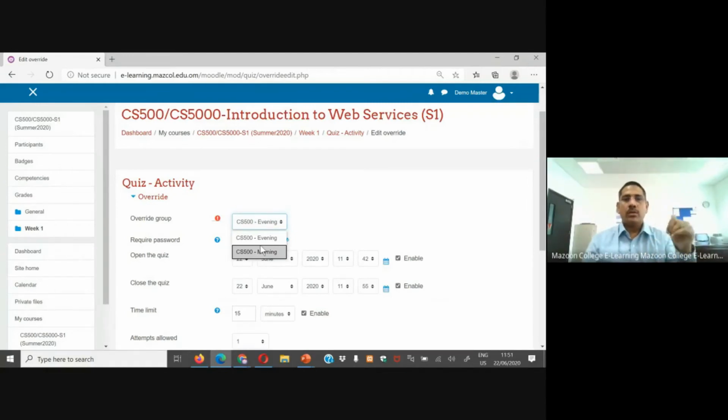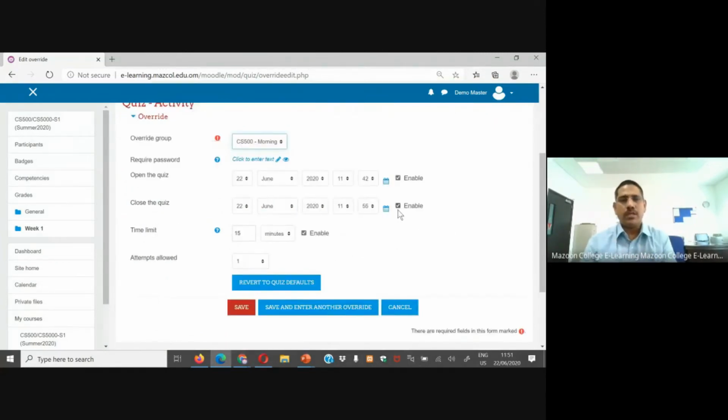Okay, for group creation, you need to refer to the previous video on how to create groups. This group we have already created, so that group is showing. Now same process, there is no change. How we do it for a specific student is the same, but it's for a group. So however many students are in that group, all the students will be reflected for this time extension.